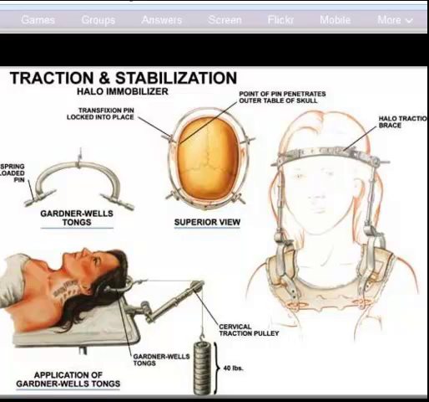You also need to make sure that you look at the insertion sites of the halo and of the tongs to make sure that they're clean and free of debris. Usually they have some kind of protocol to clean the site with normal saline and maybe apply some Neosporin ointment to the site as well. So in our nursing care, we want to make sure that